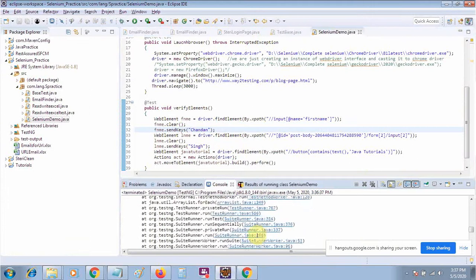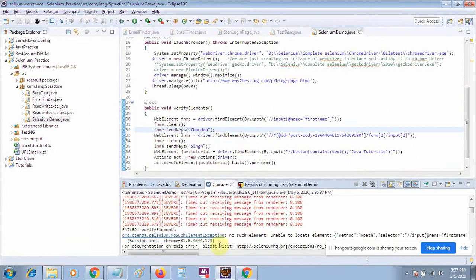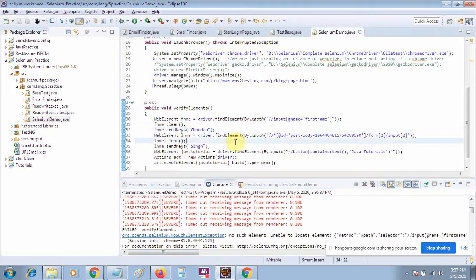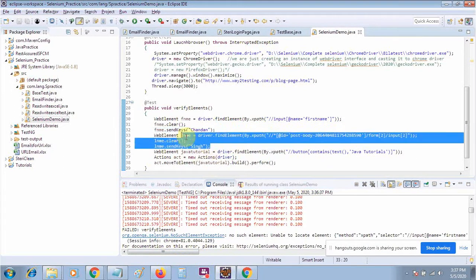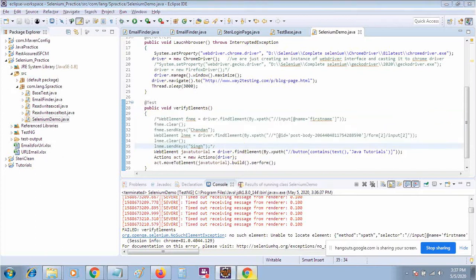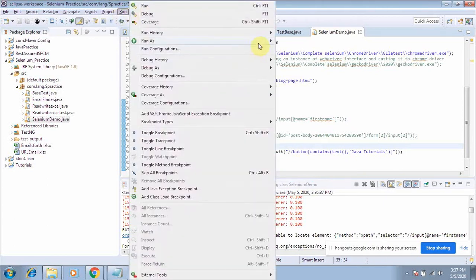There is some failure. Yes, I have not commented all these things. I need to comment them because it's an element of my practice page, and I am moving on this page. So let me remove this one, clean it, and run it again.